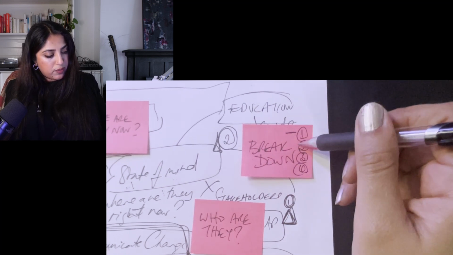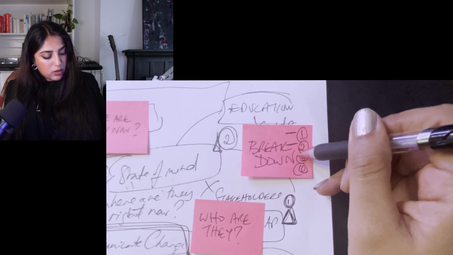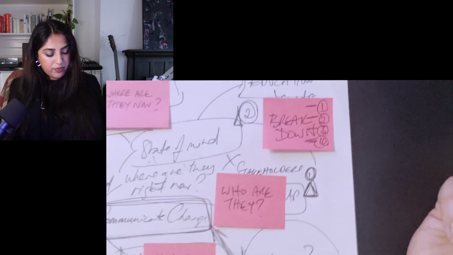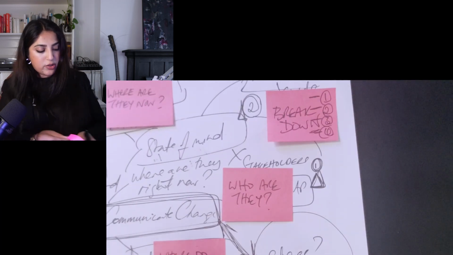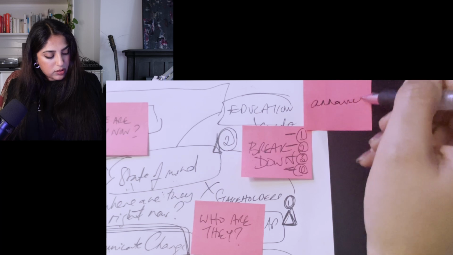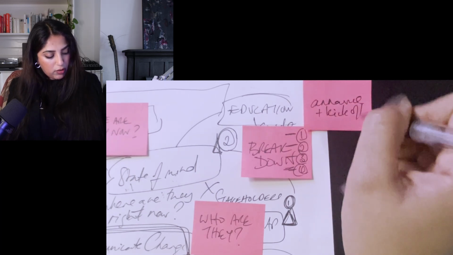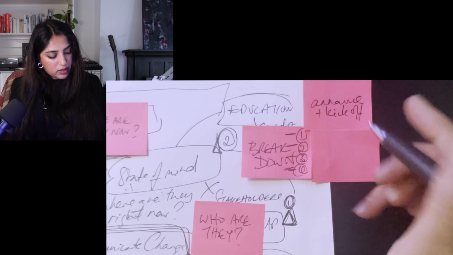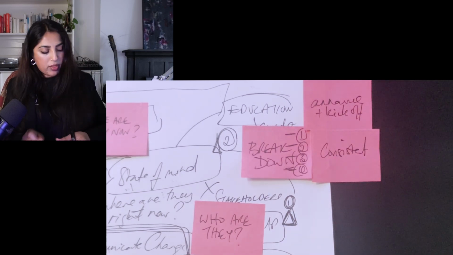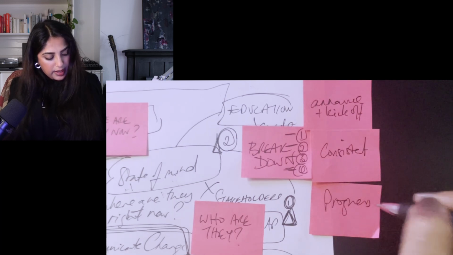So initial, consistency, progress, evaluation. Okay, so you've got the initial announcement. So we have the announce, and kick off. Kick off. You want to be consistent with it, and you want there to be progress,